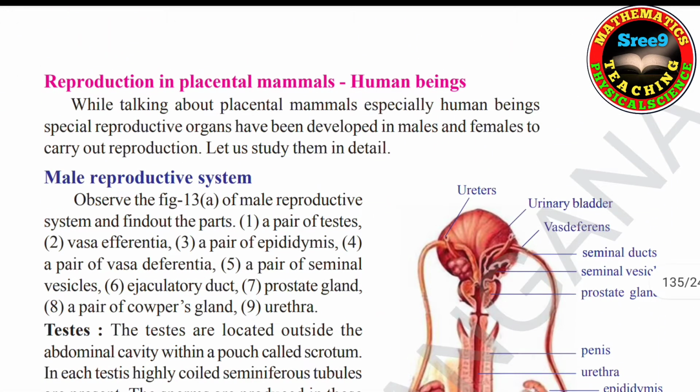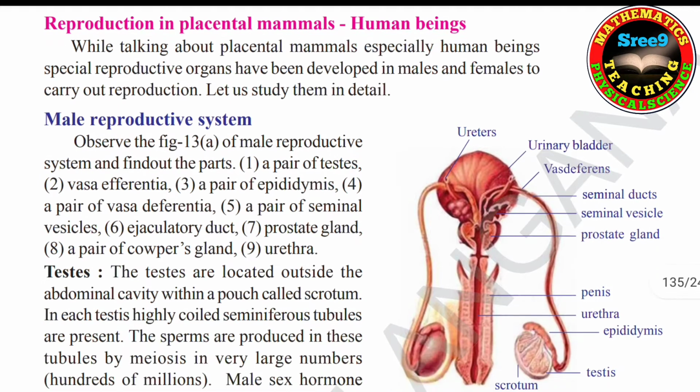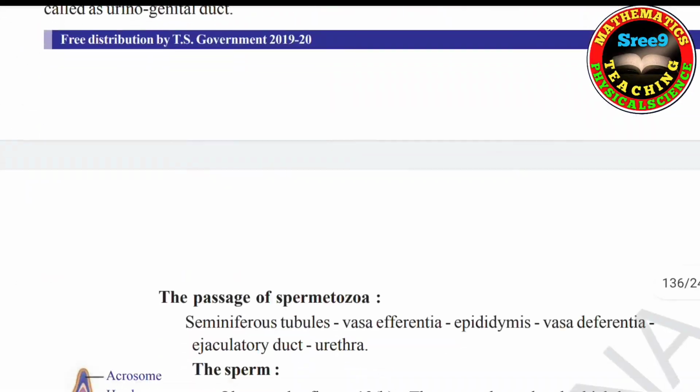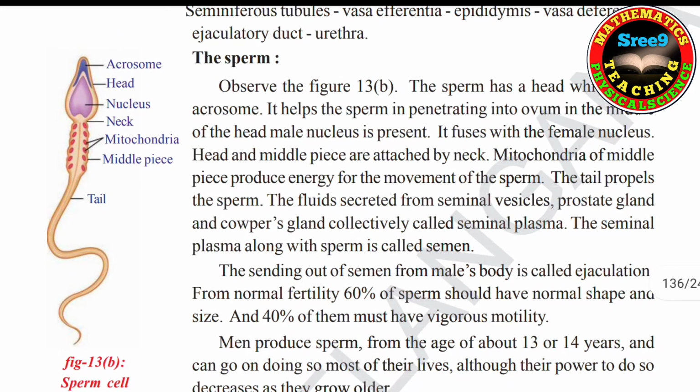In this one, reproduction in placental mammals, that is especially human beings. So here regarding human reproduction, since the syllabus has changed, we can expect that only figures, meaning diagrams, are asked from human reproduction. So that's why you have to practice the diagrams of the male reproductive system as well as one of them,